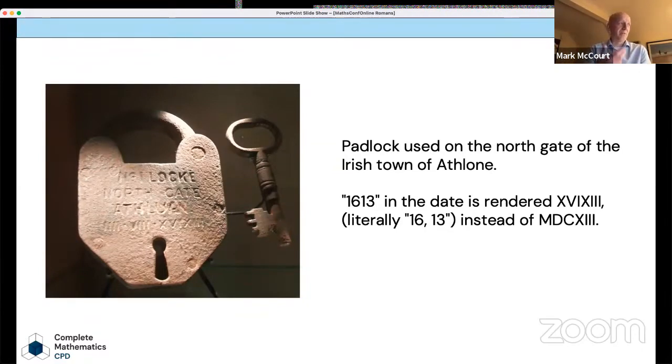And we have to use our knowledge of the context. Clearly, this lock is referring to a year. We have to use the knowledge of the context to decipher what's being written here. And that is how you would say it, right? Nobody really says, when they're talking about the year 1613, nobody says one thousand six hundred and thirteen. We say sixteen thirteen. So that's what's been scribed, 1613. So it's another interesting example of that. And there's lots of those that exist all the way back for a couple of thousand years now.